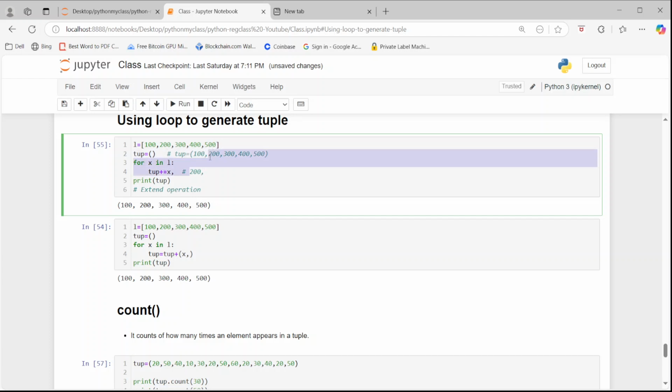To the end of tup means after 100 comma, here 200 got appended. And since we are doing tuple concatenation with the help of the extend operation, that is the extension of the tuple, automatically a comma will come here because values are still left. Then x became 300, and accordingly 300 was picked up here. Then x became 400, then 400 was picked up here, and finally when x became 500,